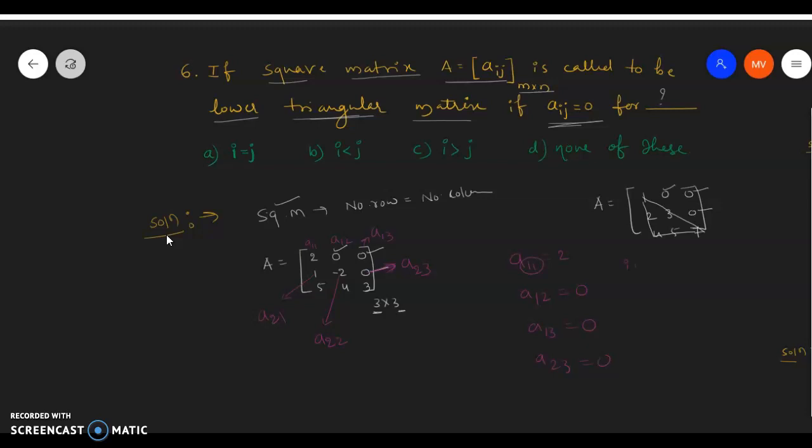I value and J value, right? So this is not zero for me; what I need is A12, A13 and A23. Here, is 1 greater than 2 or is 1 less than 2? 1 is less than 2. Therefore 1 is less than 2, 1 is less than 3, 2 is less than 3. They all are I values and these are J values. So I is strictly less than J. So here my option B will be the right one.